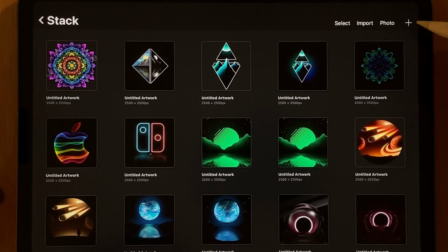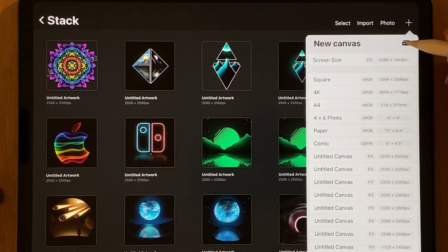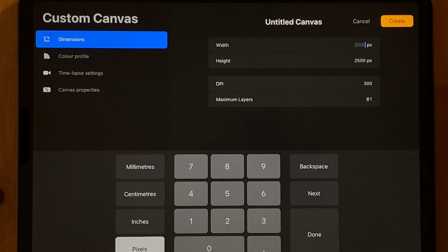So let's get started by creating a new canvas. We are going to come up to the plus icon, click on this icon here and create a new canvas. My width and my height for this particular piece will be 2500 by 2500 and the DPI is set to 300. So if we hit create,